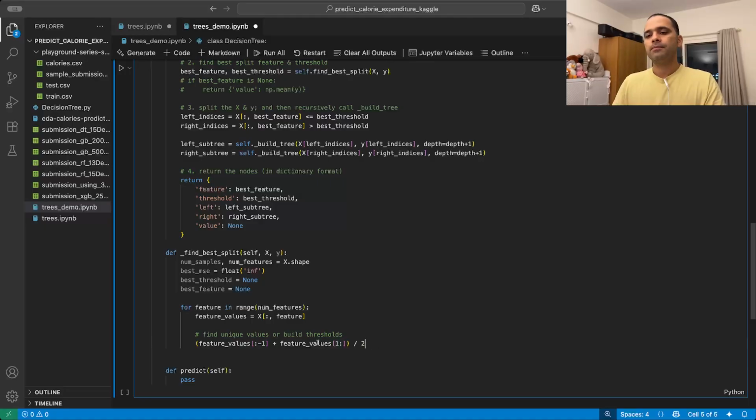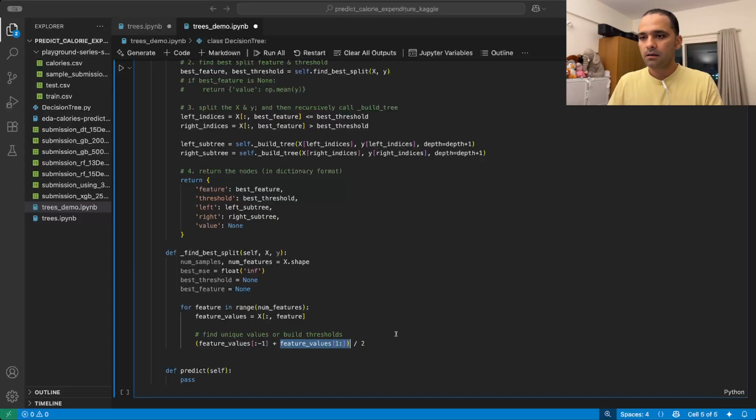So basically this is a list of feature values from first till second last element, and this other one is the list from second element to the last element. So we take these two lists, we add them, do the element-wise addition and take the mean of those. So in effect what you have is the mean of first and second values, mean of second and third values of that particular feature. So we have the mean between each of the two values,